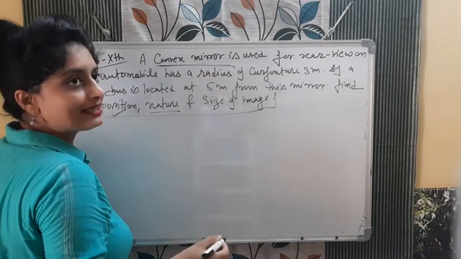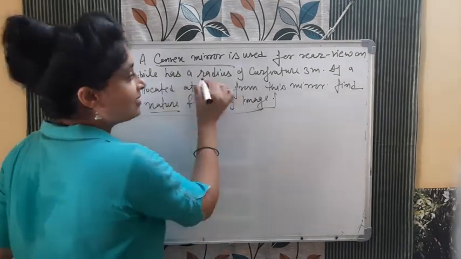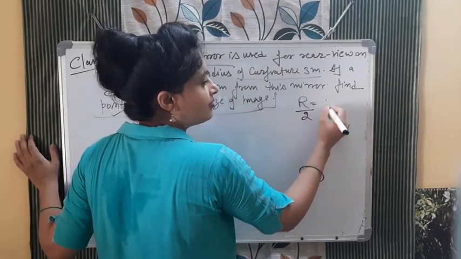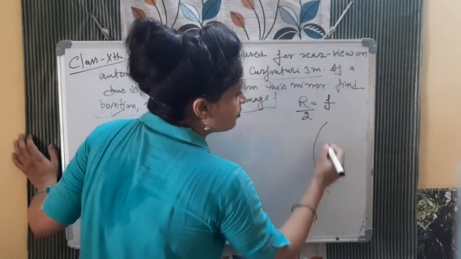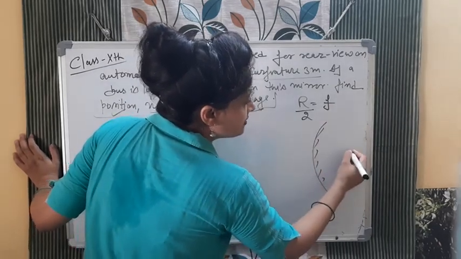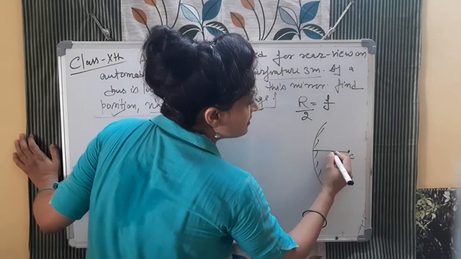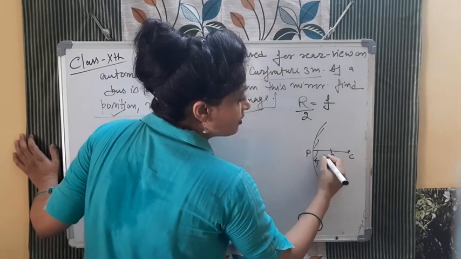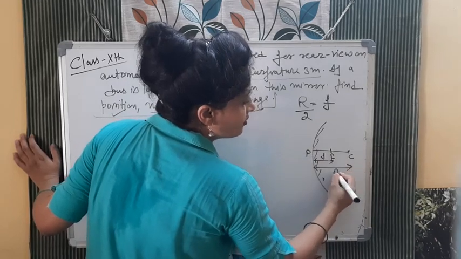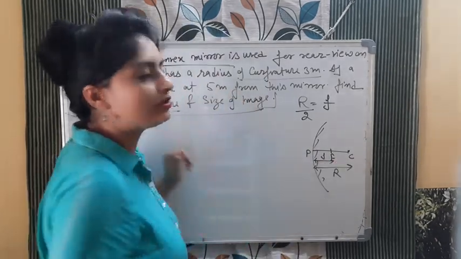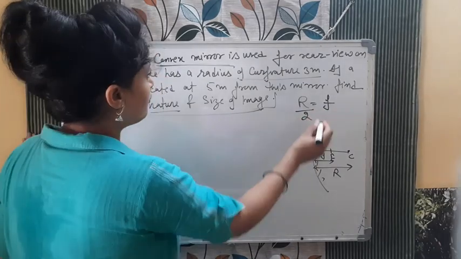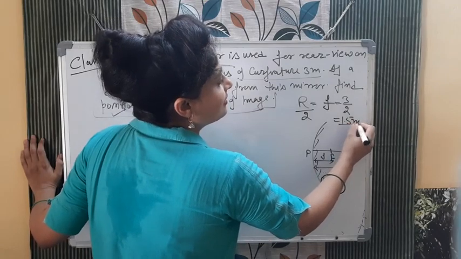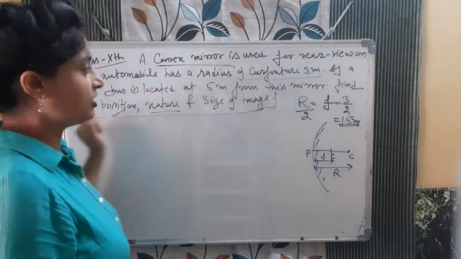Convex mirror. So what will the focal length be? Positive. But here given is the radius of curvature. We know the relation: R by 2 is equal to f. We know this is a convex mirror and this is the center of curvature, somewhere here. I'm saying focus here, pole. So this is focal length and this is radius of curvature. So half of the radius is the focal length. We can calculate the focal length from here. Radius is given, 3 by 2, it means 1.5 meter. This is positive, the focal length of the convex mirror.